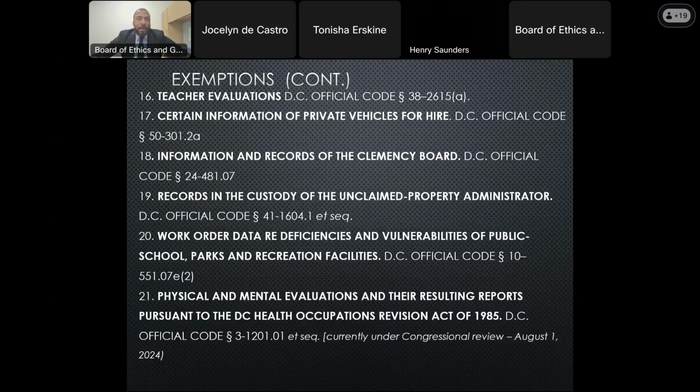Then the exemptions continue on. Future evaluation, certain information of private vehicles for hire. So as you can see, there are a number of exemptions, reasons for exemptions that can be found in the DC code.